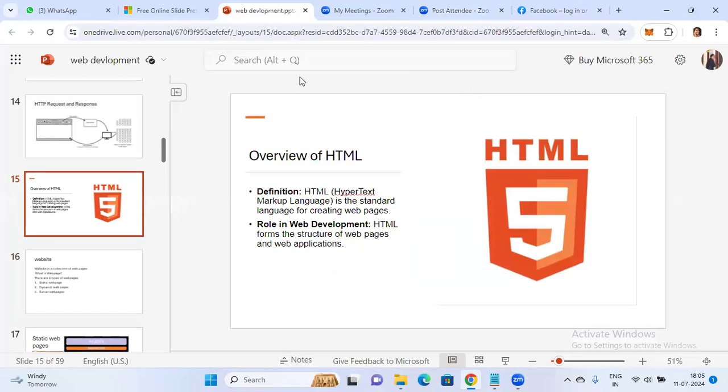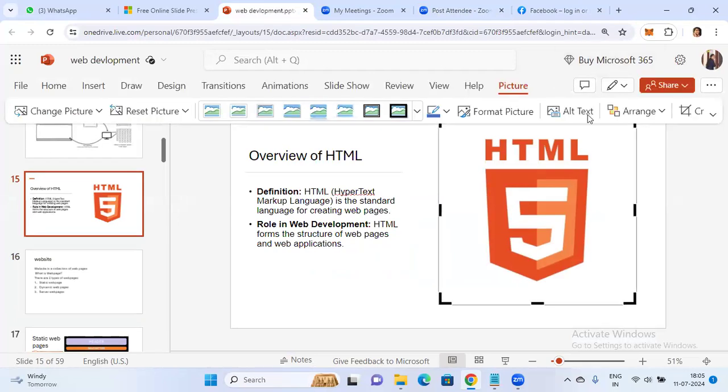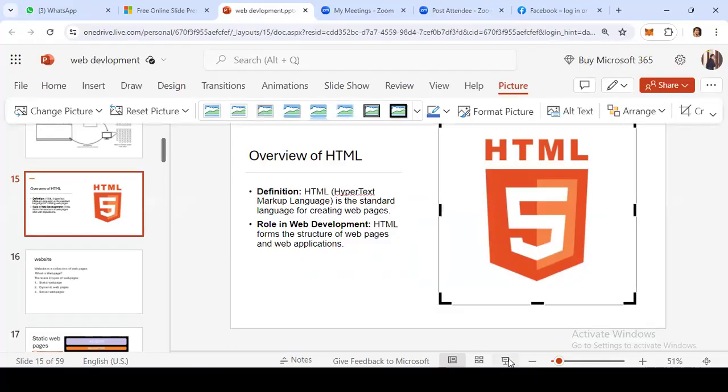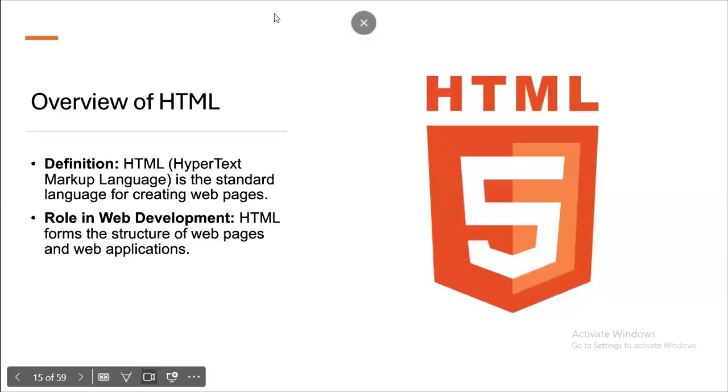Okay, let me go back. As I said, to create a website we use HTML. Then what is a website? Firstly, we'll talk about what a website is, and then we'll go into HTML in detail.